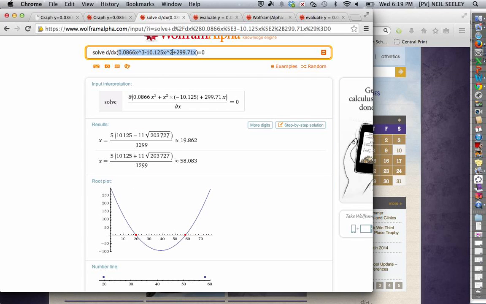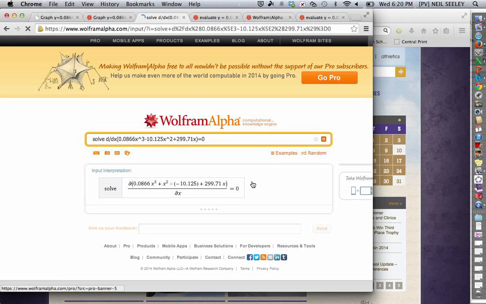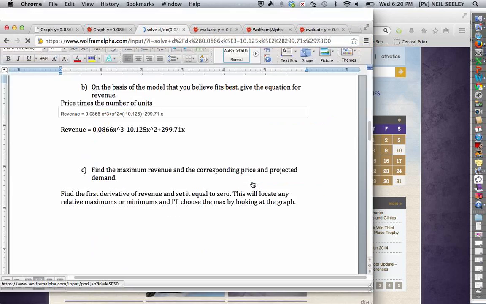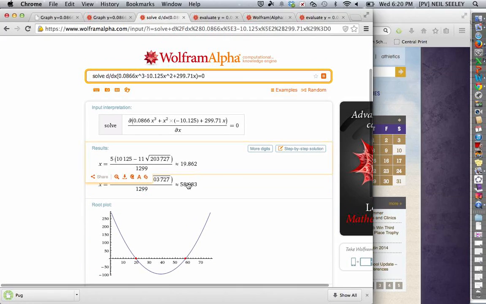the derivative of this, and that's d/dx, by the way, is notation for derivative. We've used it in class, and Wolfram understands it too. And I set it equal to 0 off to the side here. Very cool command. If I hit enter, let it calculate and do its thing, which you already saw down below, you get this lovely little piece. It shows you two values, 19.86, and it also has